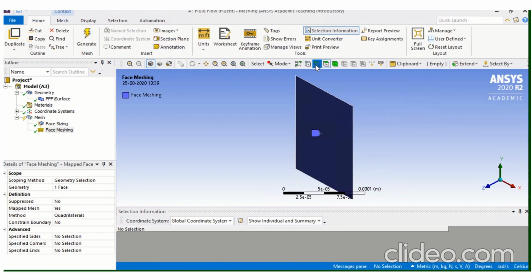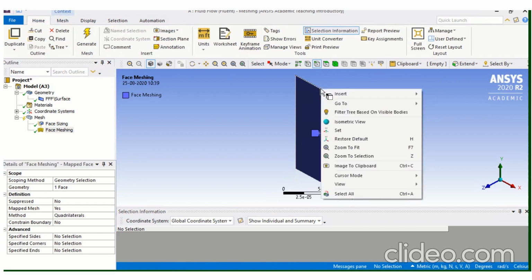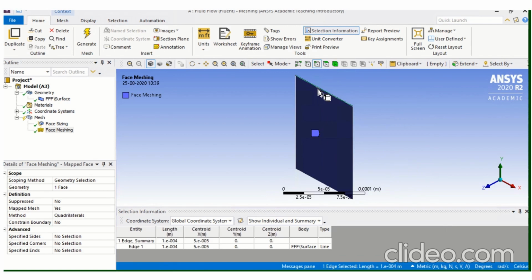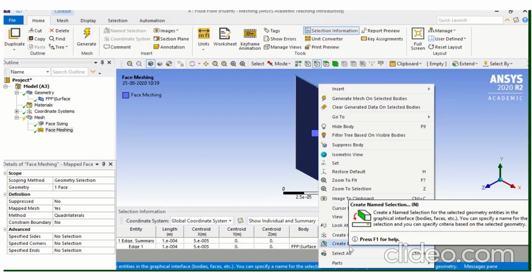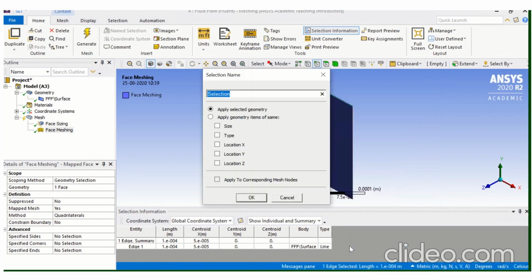After that you have to go to home, then click on this edge and give a name to all the edges. So this is our top edge. Right click on the top edge, go to create named selection and write top.